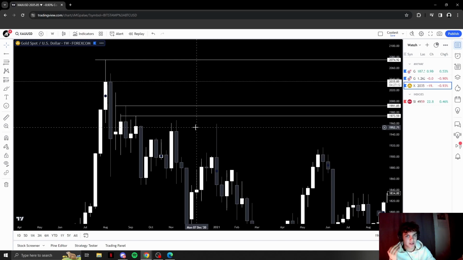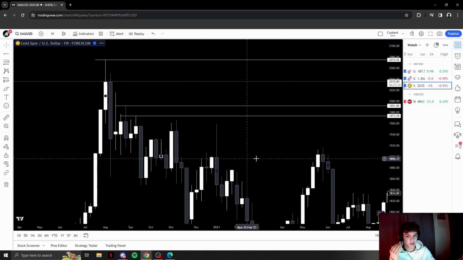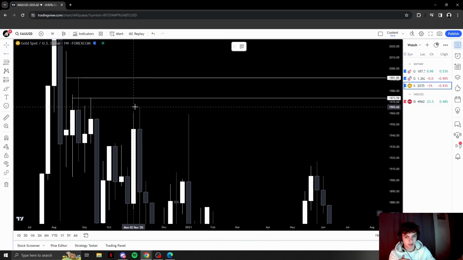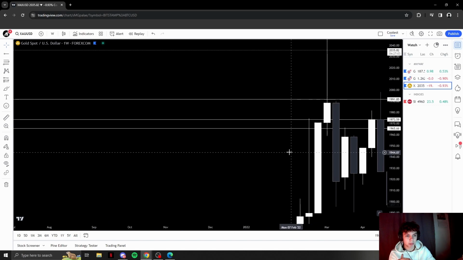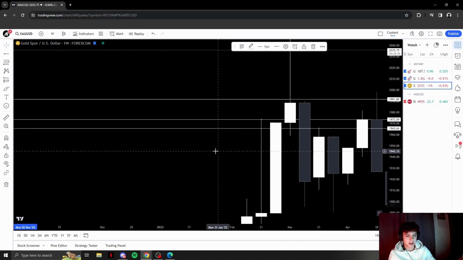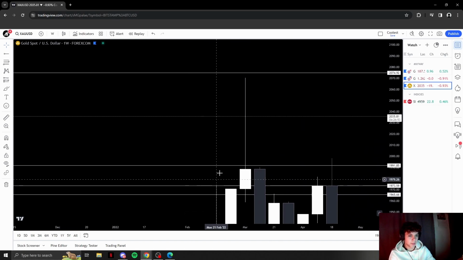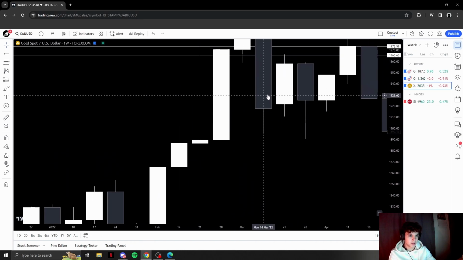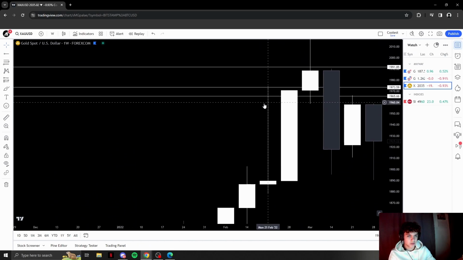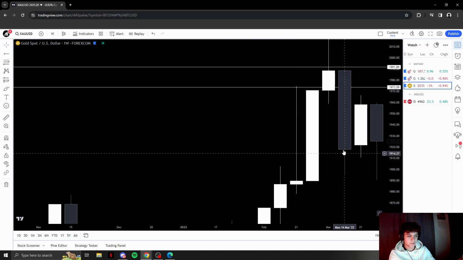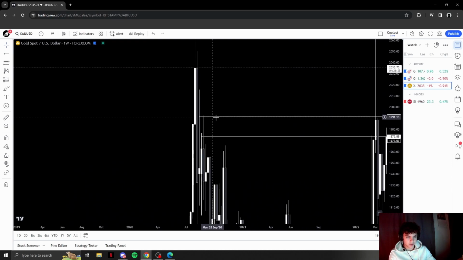And what does it mean? What does sweep mean? So, for example, this right here has not been swept, but now it has been swept right here because it sweeps this. It goes above it. And a sweep is the wick of the candle, the smaller one, not the big one, the body, literally sweeps it. So in this case, this also gets swept, and this gets swept.